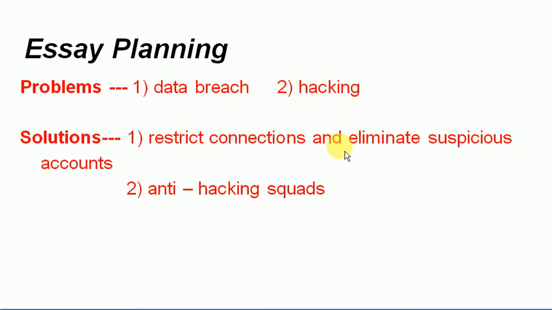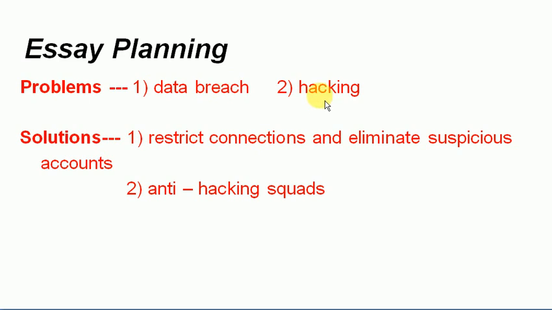And second thing is, the companies can eliminate suspicious accounts. Companies like जैसे Facebook, Instagram, they are doing in this era also, in this modern era, they are using some artificial intelligence techniques कि जो उनको लगता है कि ये किसी का अकाउंट है, फेक है, they eliminate those, वो बंद कर देते हैं उन अकाउंट्स को. So this could be the thing जिससे हम data breach को रोक सकते हैं.